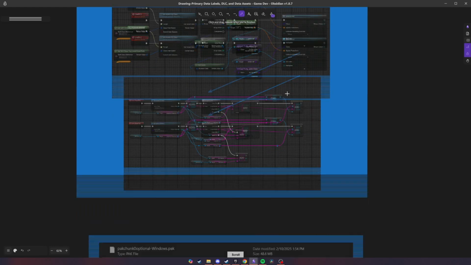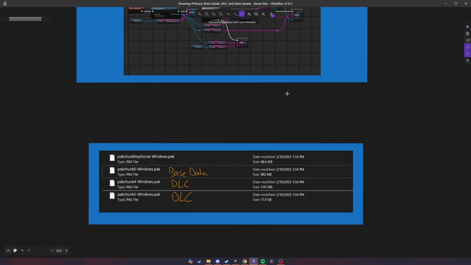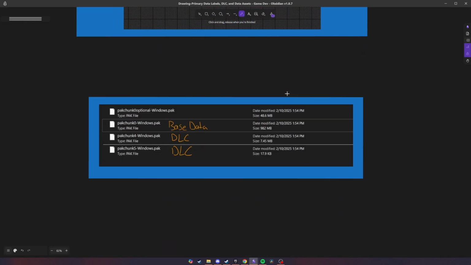And then just to wrap that up here, this is what it would look like when you build, right? You've got your chunk 0 and your chunk 0 optional, but that's almost a gigabyte, over a gigabyte together. And then you have the two DLCs here. One is chunk 4, like we said, and then the other one is chunk